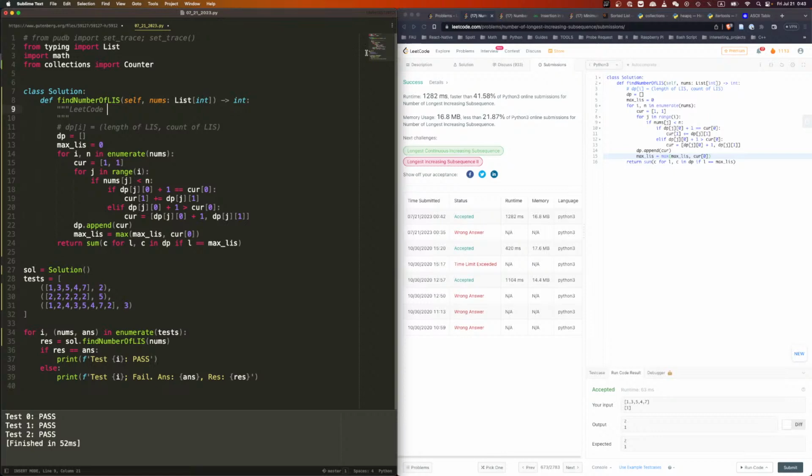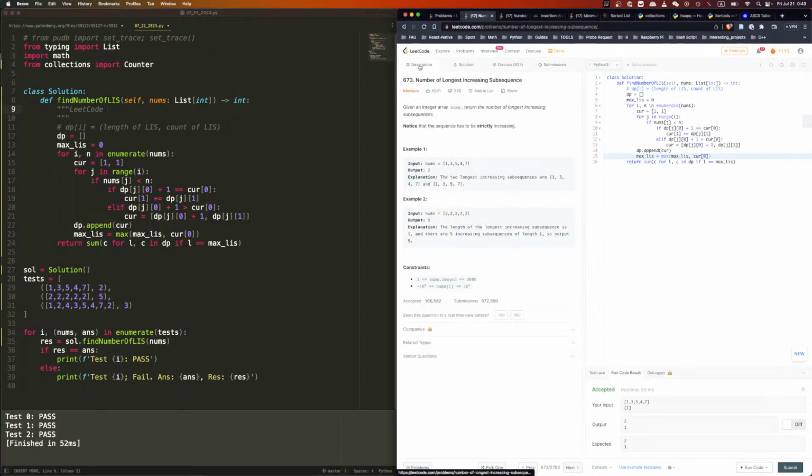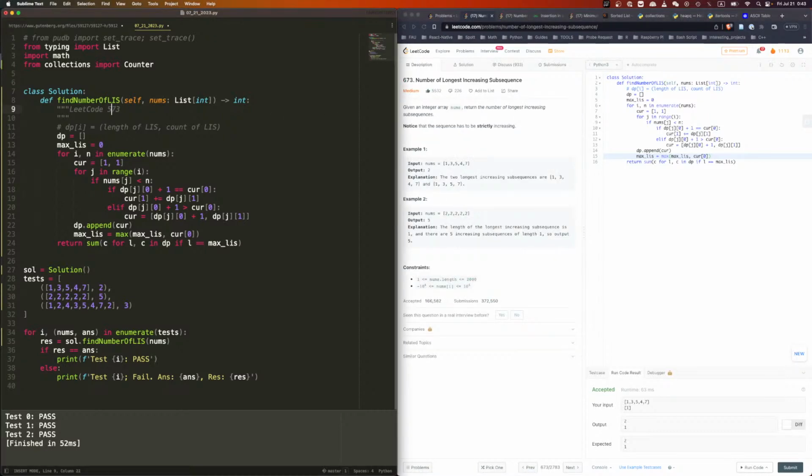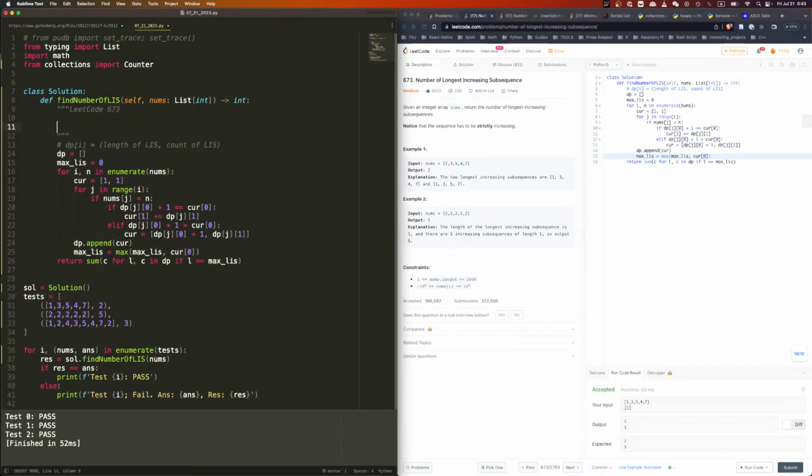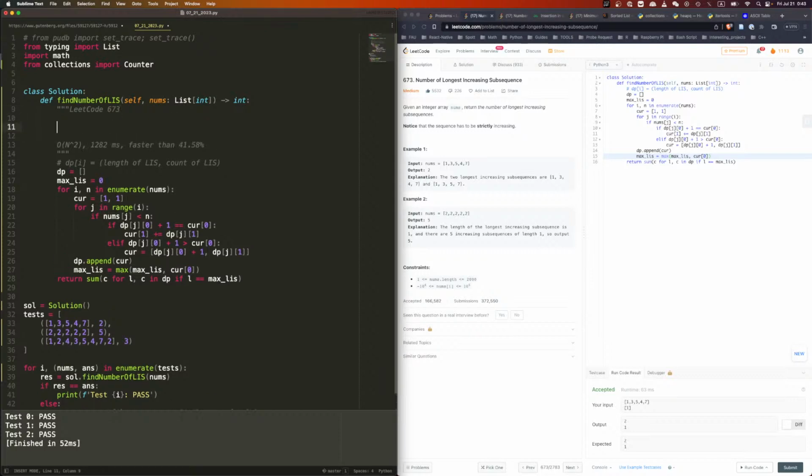I am not sure, but let's read the solution. 673. DP contains two values.